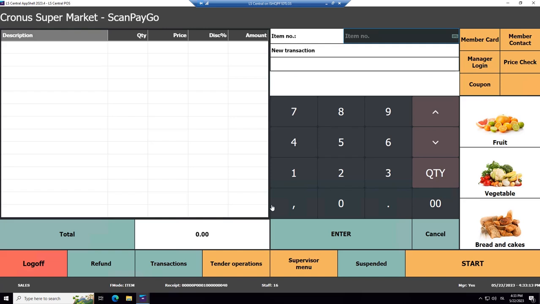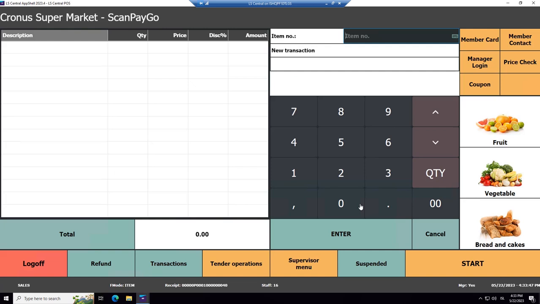So here we have different things. At the top, we have the name of the store, we have the journal, we have some operations, and we even have the numpad. And remember that in real life, retailers' cashiers are using a touchscreen, not the mouse or a keyboard as we may have been doing here. You can enter items into a sale with different methods.